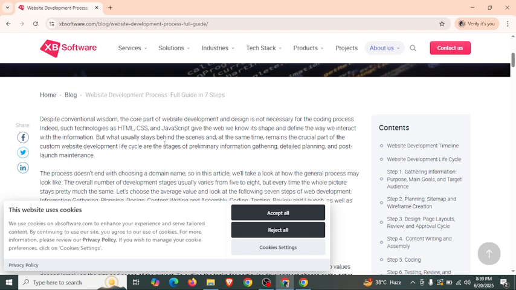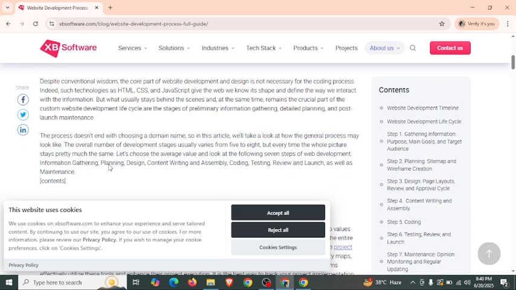But what usually stays behind the scenes and at the same time remains the crucial part of the custom website development life cycle are the stages of preliminary information gathering, detailed planning, and post launch maintenance. The process does not end with choosing a domain name. So, in this article, we will take a look at how the whole process may look.